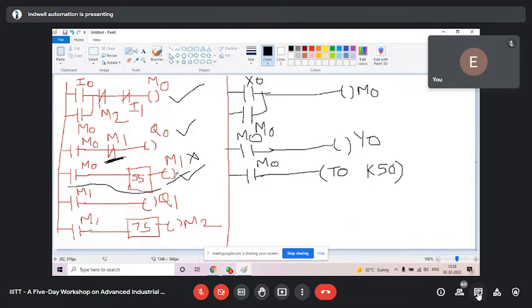What is the done bit address in Mitsubishi? Here, what would be the done bit address? T0, sir. T0. T0, because we are not going to take anything after this. Don't take any flag after this because it is already a coil. You can't take any coil after it. So T0 is the done bit. So instead of M1, here it will come T0. Isn't it clear? It's very much clear.